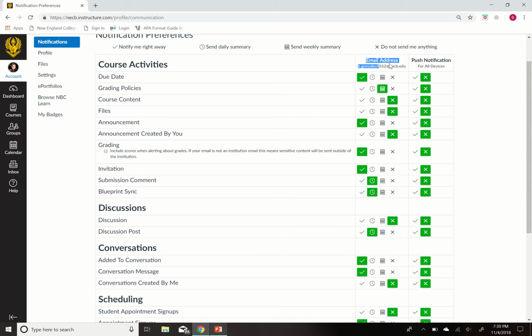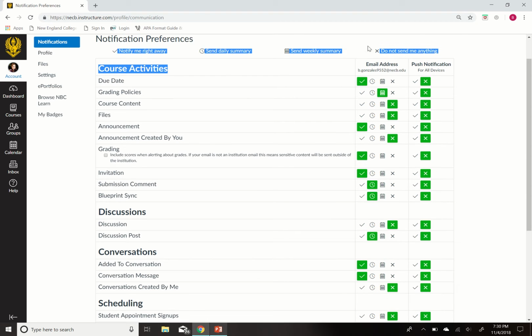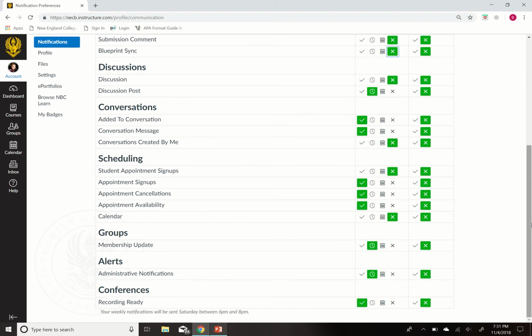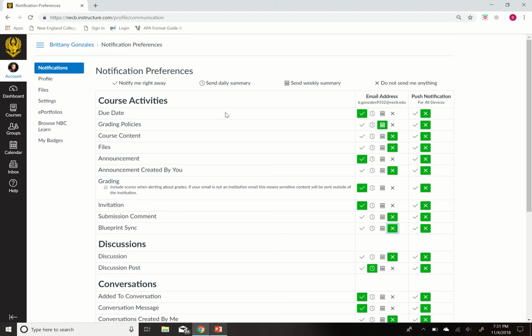Here, you can see that those notifications are sent to the email address b.gonzalez9552@necb.edu. We can also go ahead and make some changes here. Let's say we don't want to have Blueprint Sync and submission content as notifications. Let's go ahead and click X on both of these. Once we've done that, we can go to the bottom. Now that we have all our changes, it actually automatically updates your changes so that you don't have to